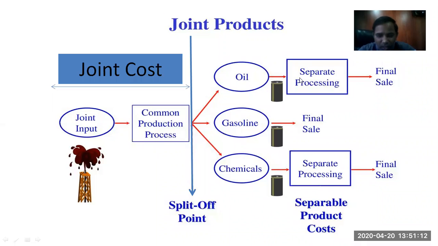Right now, today we are not going for the solution of any sums. In our next session, we'll solve certain sums from this chapter, and I will be coming with an entire graph of one sum. I'll be sharing it and you will be able to see that everything is there in the graph. Once it is on the graph, you just need to put it in a format and your sum will get solved easily. So this is how joint products, joint costs, split off point and separable costs are identified. Any cost before the split off point is joint cost. Any cost after the split off point is separable cost.